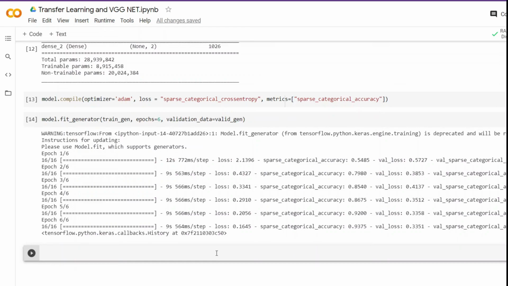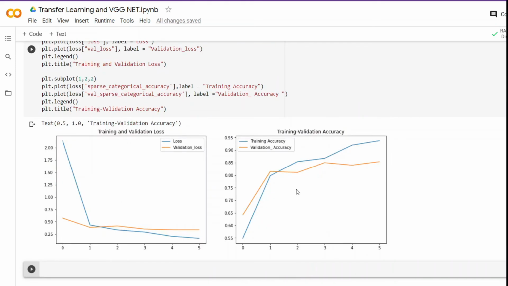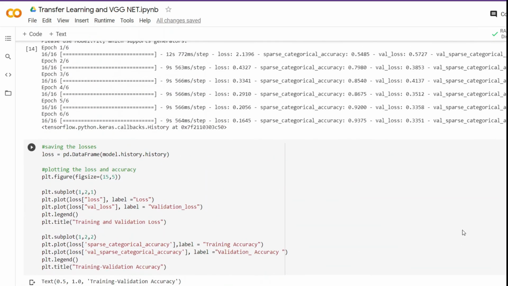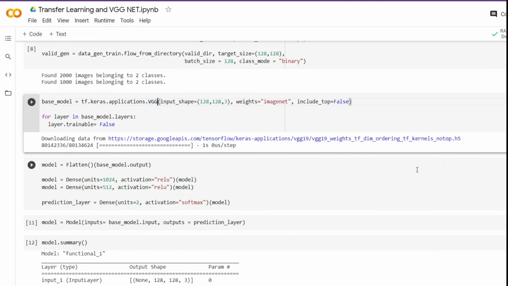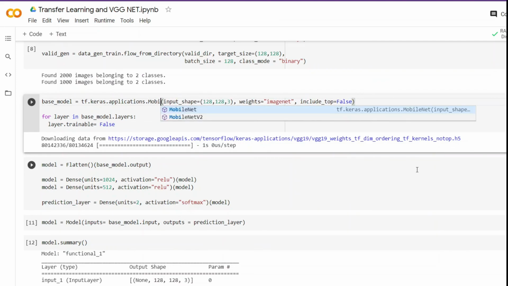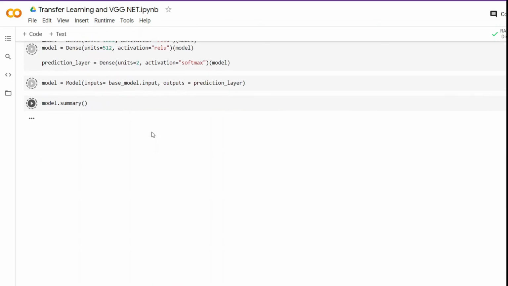Next, we are going to plot the model history. So I'm going to copy paste the code. Here we have our graph, and by now you should be able to understand these graphs. Next, I want to show you that without doing much, we can get promising results. For that, we are going to use MobileNet instead of VGG19. This is quite a big network, and I would suggest you read about it after this video. Let's change the network, and for that we just have to change the body of the network and everything else will be the same. So instead of VGG19 we write MobileNet. Next we rerun the whole notebook and make sure to check the summary of the new network.